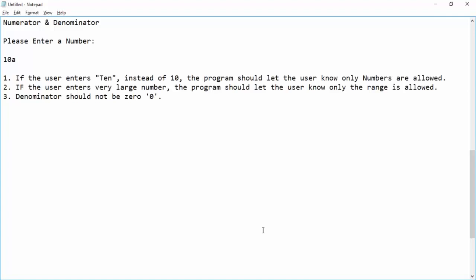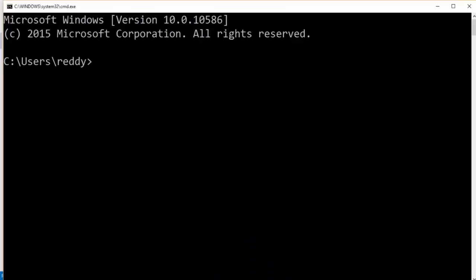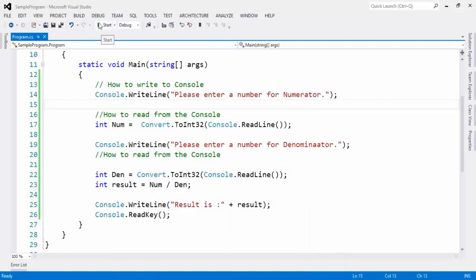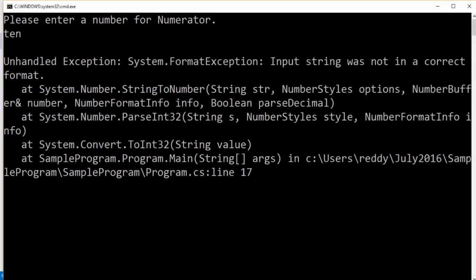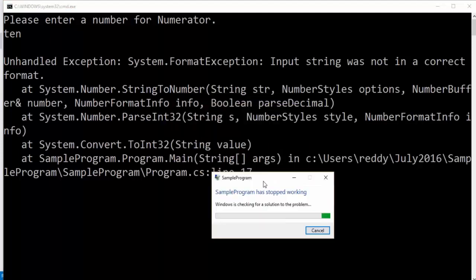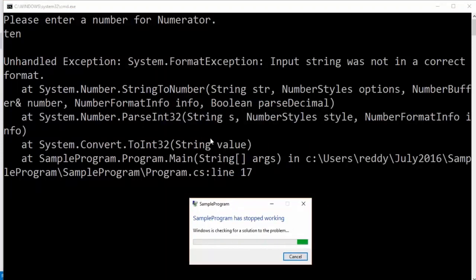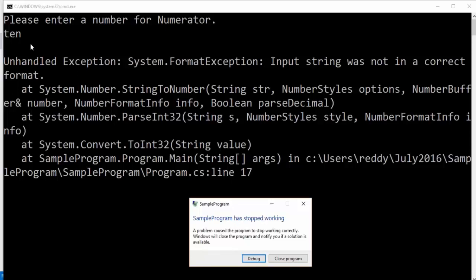If the user enters 10, what will happen? For that, let me check that also. Suppose by mistake, instead of 10, I pressed like this. This is what it is showing. See, this kind of error message will irritate normal customers. They do not understand what this error is about. By mistake they would have pressed like this, and if you show a message like this, users will get frustrated, and they cannot understand the error message, and handle the exception.